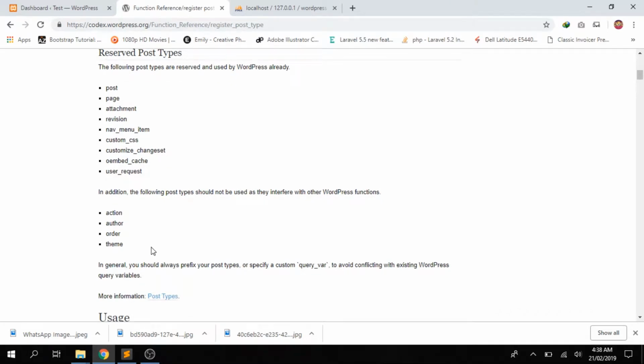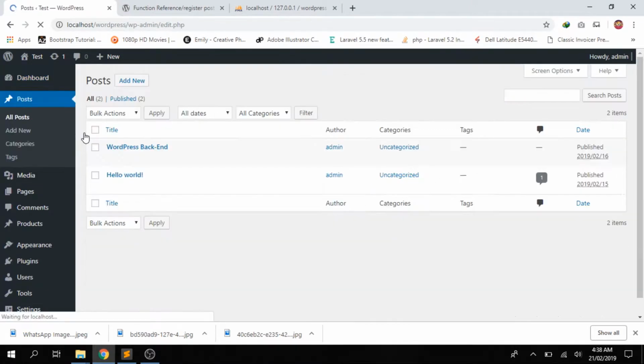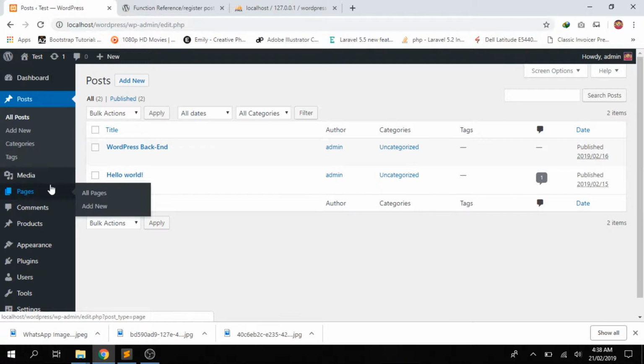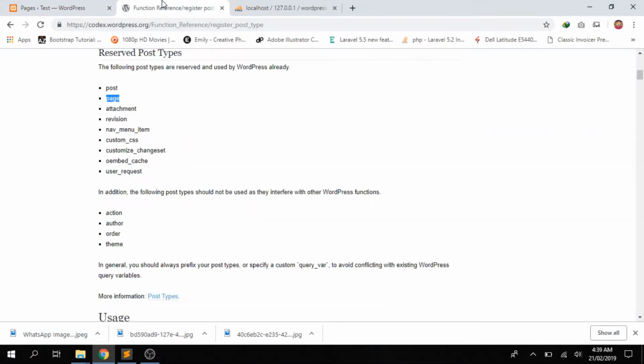Means these post types are already registered by WordPress. You cannot use them. You cannot create these custom post types in your theme. One of them is post, which is taken care of by the all posts list, which is responsible for the blog system, and page, which is responsible for showing some pages, or some pages at the top menu, or where you would like to add. And another is attachment, which is basically